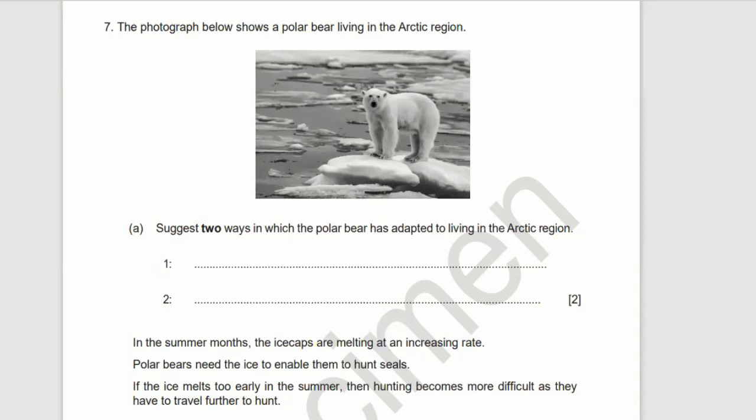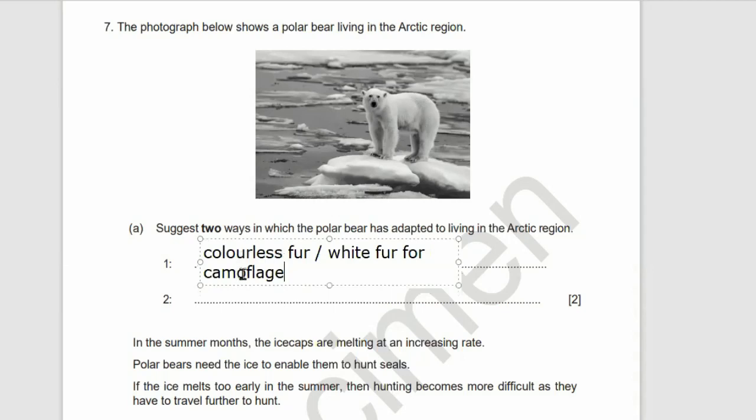Let's go, doing the last question. Question 7. The photograph below shows a polar bear in the Arctic region. My gosh, he's running out of ice, this poor kid. Suggest 2 ways in which the polar bear has adapted to living in the Arctic region. All right, how's it adapted to living in the Arctic? So we got any suggestion? It's got colorless fur. We could say white fur for